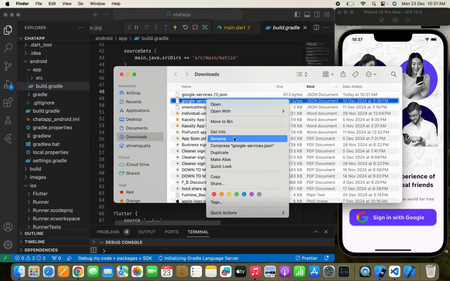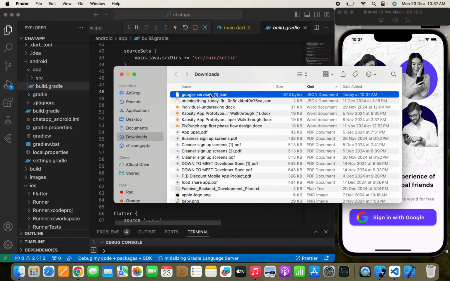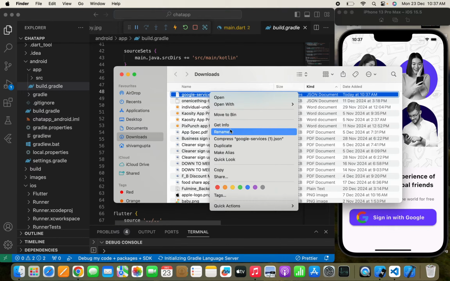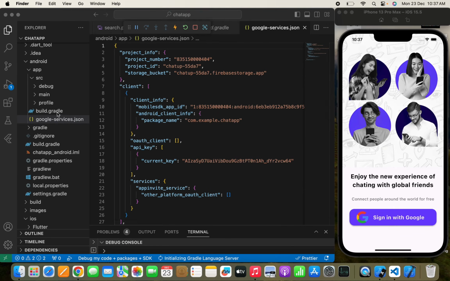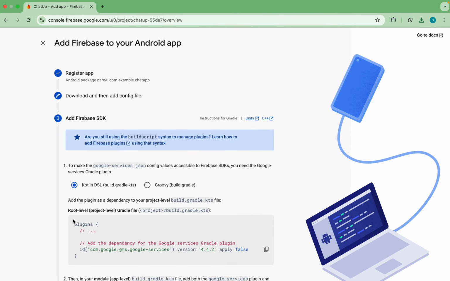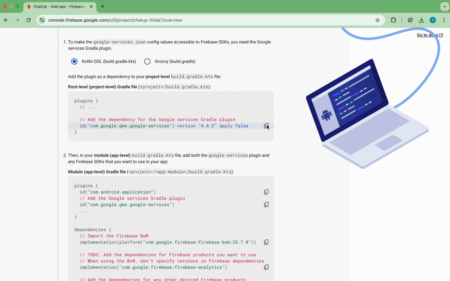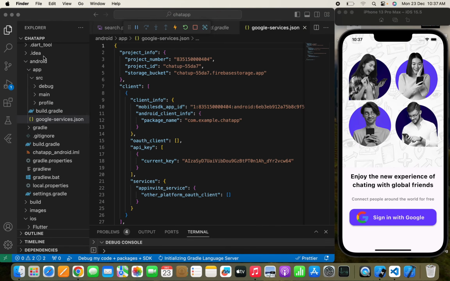Now we'll also remove the older file if we have, and we'll simply rename the file something like this, and we'll need to simply paste it in the Android app folder. Yeah, now click on next and we need to copy this ID and move to the Android